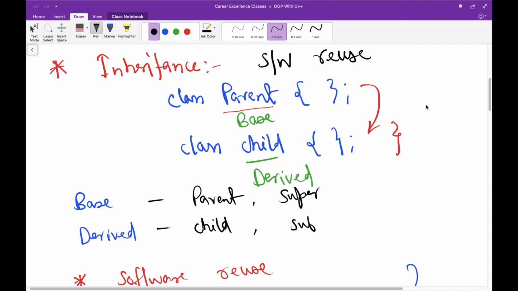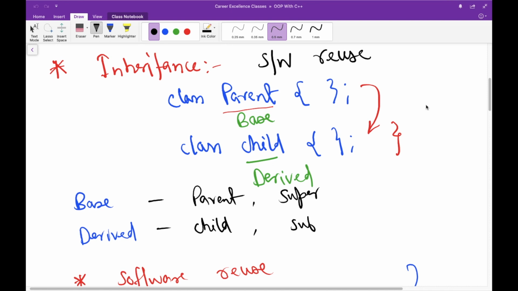In the previous tutorial we discussed inheritance, its importance and the way you can implement it. So if you have not watched my previous tutorial on this, I suggest you go back, watch that video and then come back. Otherwise it will be difficult for you to grasp the concepts here. In the previous tutorial we also discussed the types of access modes and the way they affect the visibility of variables from base class to derived class, right?